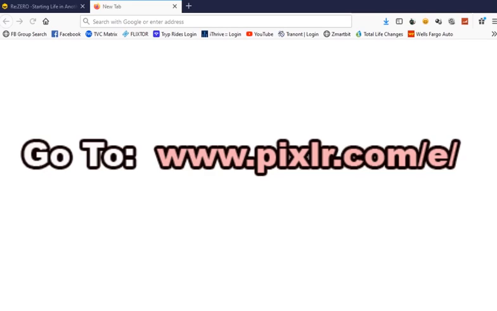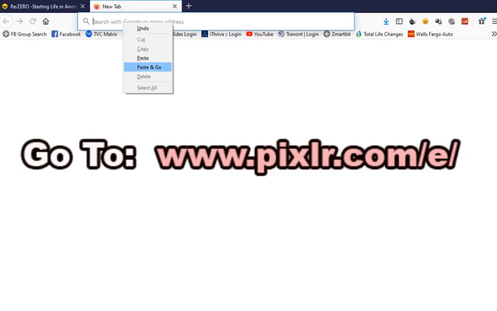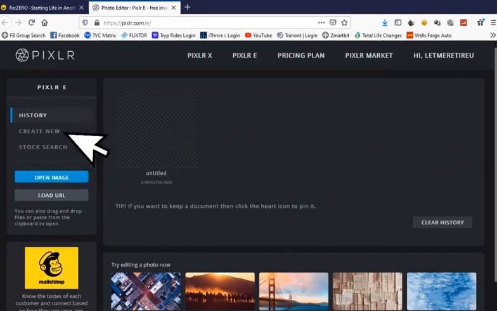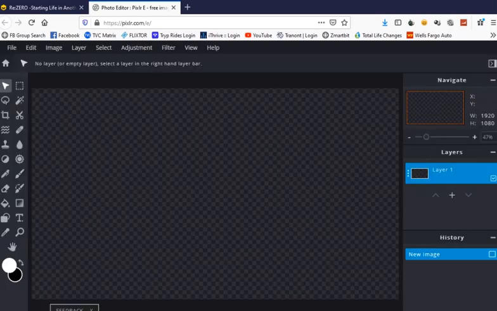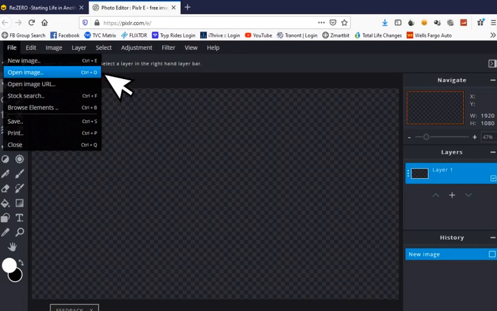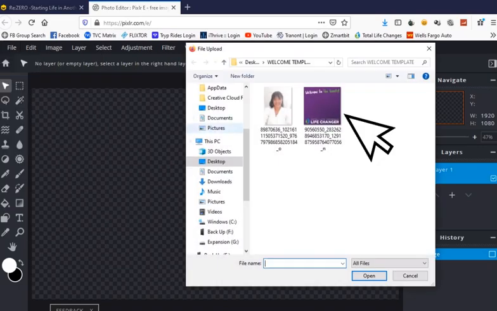Go to pixlr.com/e, create new, name it, create, file, open image, choose your image,